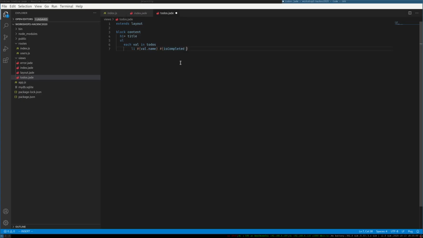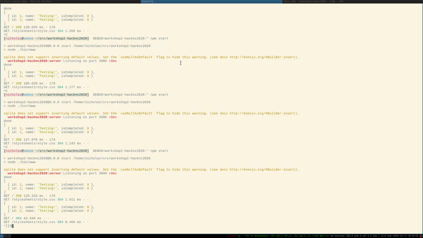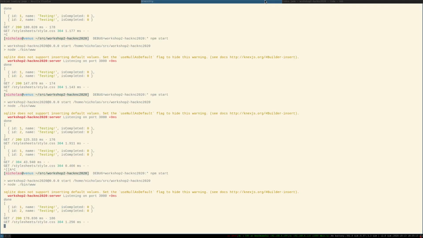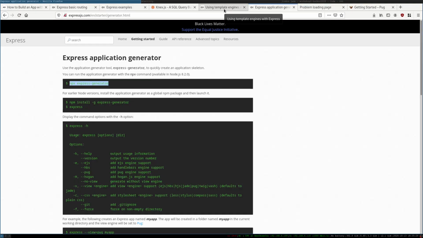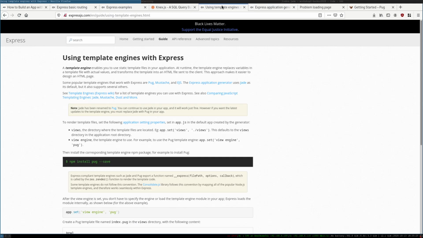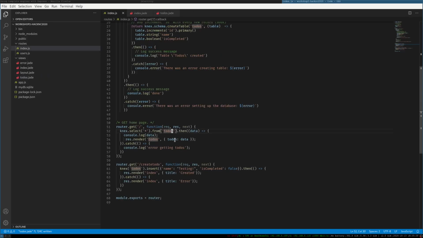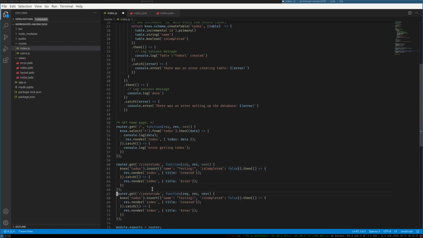Okay, no, so let's say is completed true, then output true, else output false. This is a ternary operator. Okay, so they're both false, right? Now let's see if we can delete one of these. And then we'll be pretty close to our to-do app. Not quite there yet, but I think that'll be all the time we have for today. So let's make a router.get delete